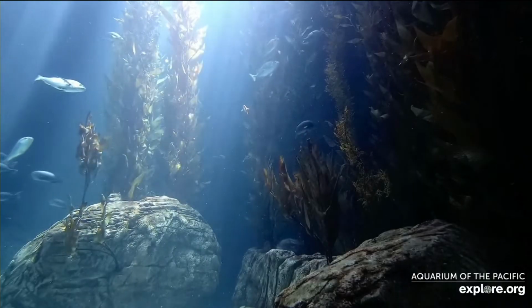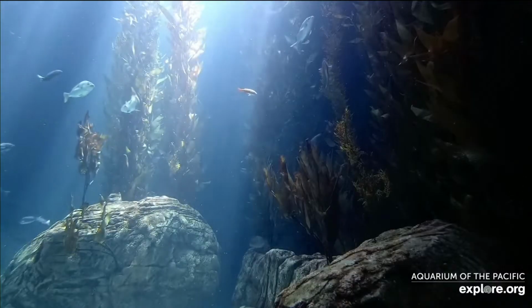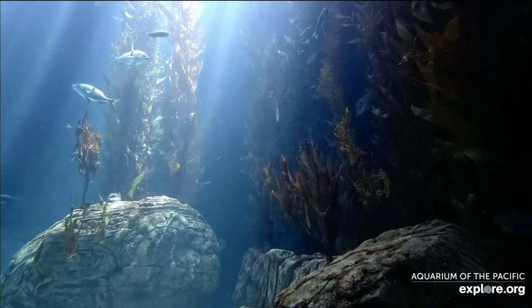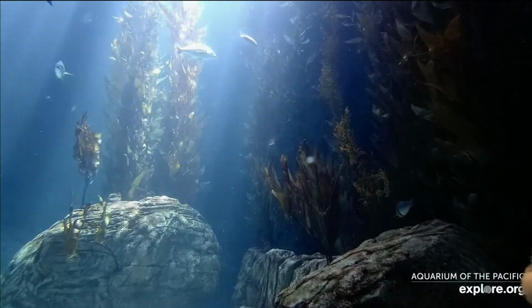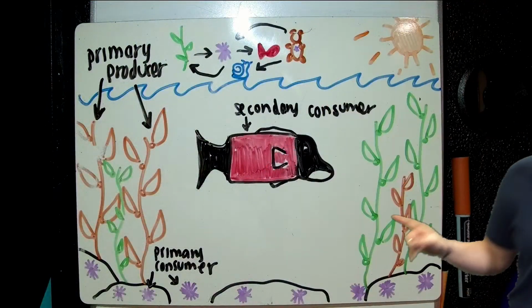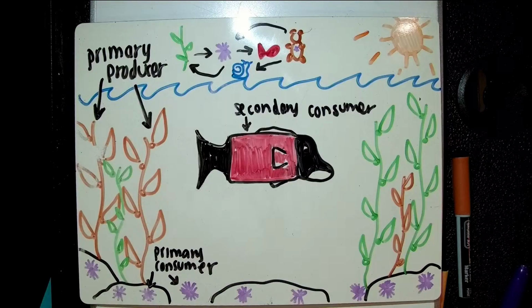All right, everyone, we are about out of time, but I just want to review a couple of things. We talked a lot about a lot of big words, but basically what we want to remember is we built a food web. Oh, we've got our picture here. We built a food web. We talked about primary producers, the things that use the sun for energy, those plants or algae. We talked about primary consumers, that first thing to eat those plants, our sea urchins. And then our secondary consumer, which is our second animal to be eating that first consumer. And then we talked about that food web itself, how it can be complex. It's really important, and all animals in a habitat play a role and are important.